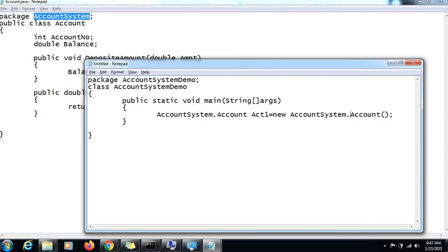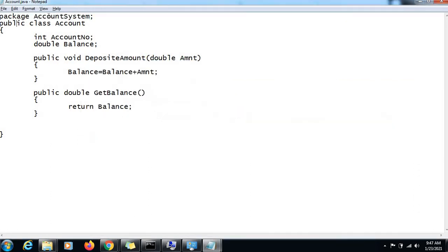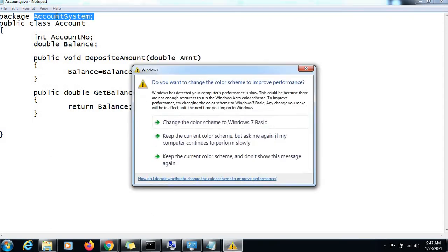But if you are creating, let's say, multiple objects now, or multiple times you need to refer to the account class, everywhere you have to say package name dot class name, package name dot class name. Now what will happen here? If there are, let's say, 10 references like this in your code file, and tomorrow you want to change the package of your class, you will simply change the package name in that Java file. You will compile this Java file, you will get the class file, you will create the package folder with the changed name, and you will ship that class file there.